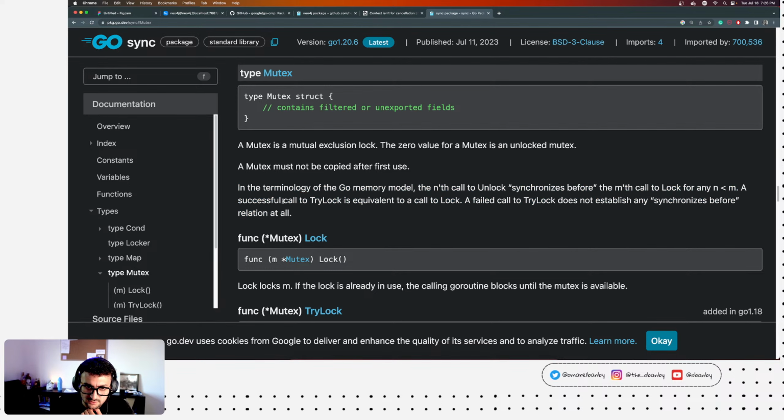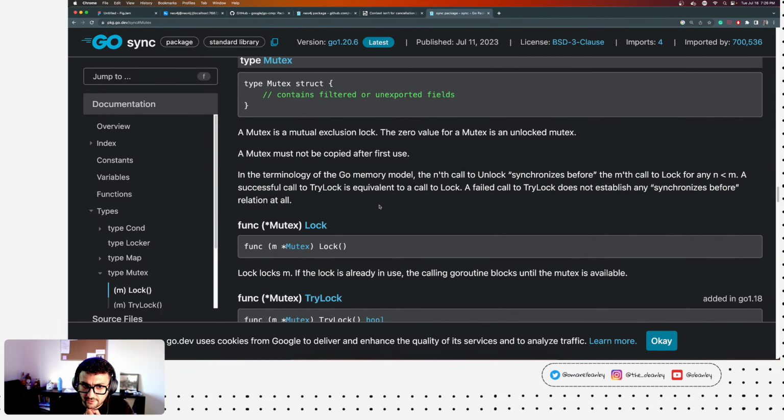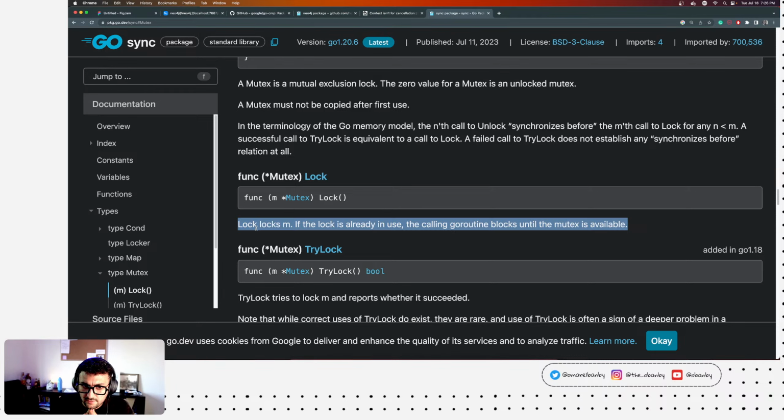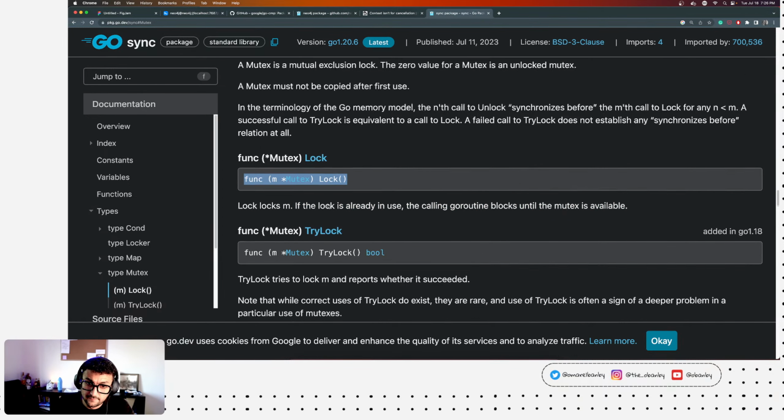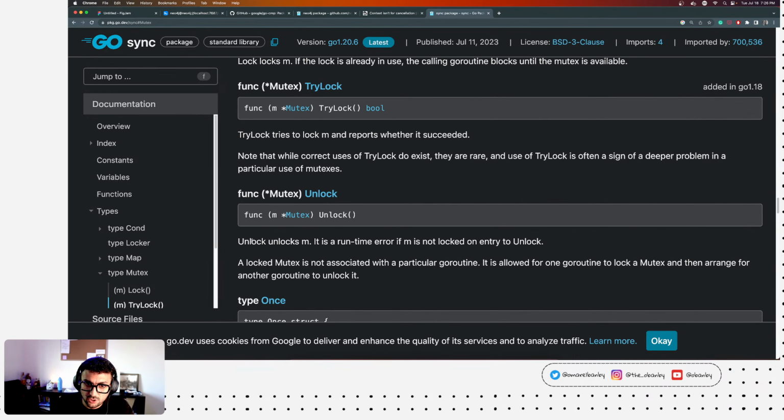We don't even really care about that right now. Lock locks m. If the lock is already in use, the calling goroutine blocks until the mutex is available. Unlock unlocks m, and it is a runtime error if it is not locked on entry to Unlock.